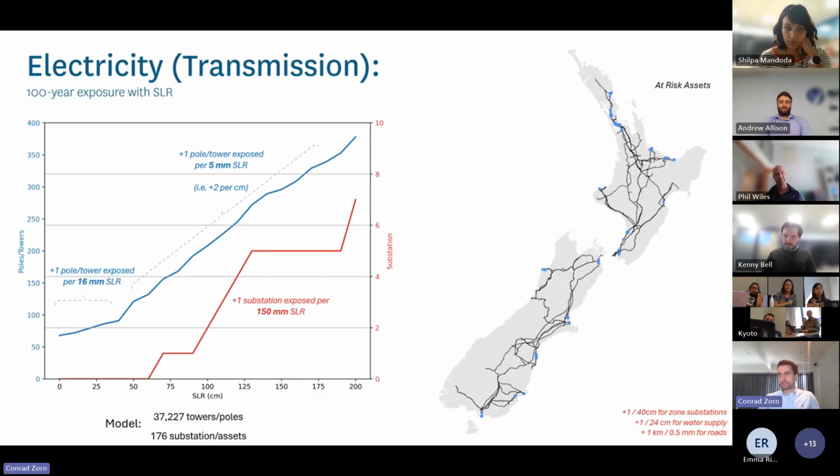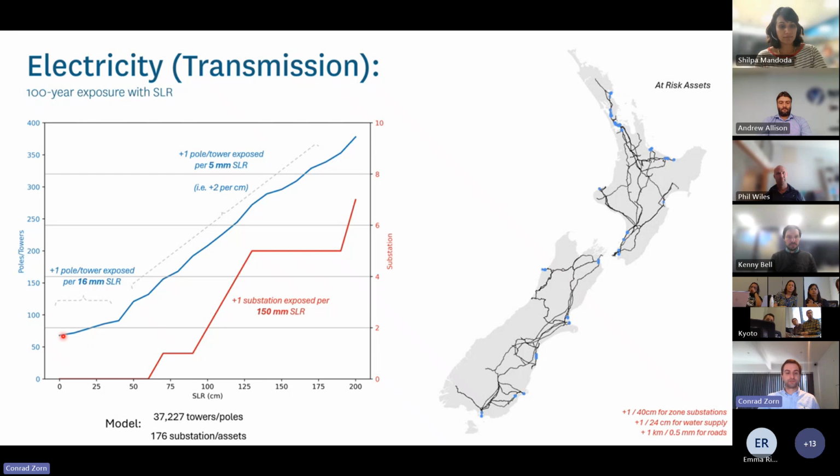Okay, straight into some results. I'm going to pick on Transpower today. So 100-year exposure is the kind of thing that we are typically looking at with many of these risk assessments. In the graph here, we've got sea level rise in centimetres across the x-axis, and across the y-axis, the number of assets exposed. What we're looking at here, Transpower highlighted quite nicely,